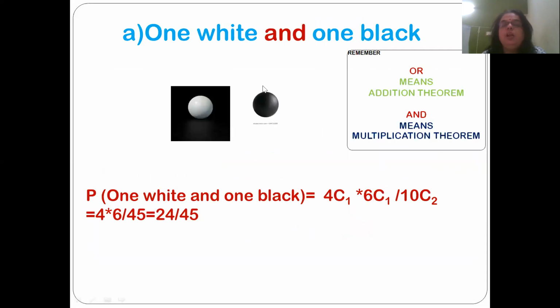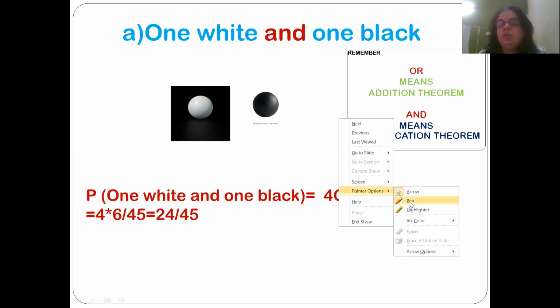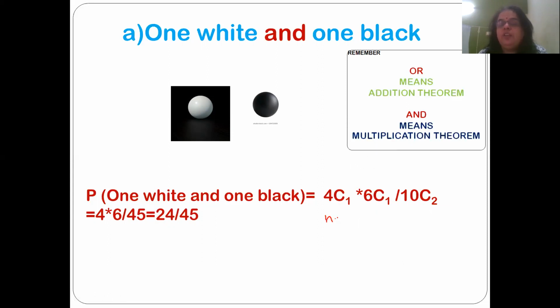Very simple. Now 1 white and 1 black. P of 1 white and 1 black is equivalent to 4C1 into 6C1 by 10C2. Why? See, we have taken 2 balls and noted down the color. What is the probability that one is white and one black? So the number of favorable cases, what you have to write,